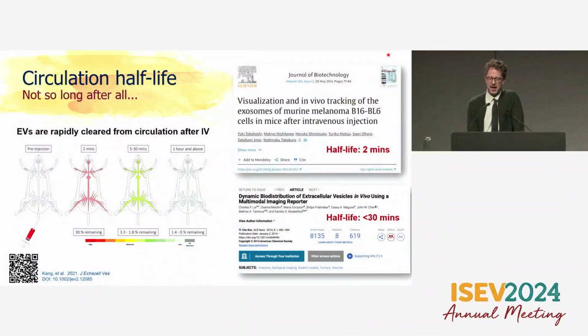We heard lots about circulation half-life today, so I won't belabor the point, but it's commonly measured to be much, much faster than your cursory EV introduction might have you believe. Some studies show that it's even 2 minutes or shorter. It's surprising to hear from Charles and other folks that these dyes can persist for weeks or months, and thinking that we're measuring the probe after all, as Vincent nicely summarized.